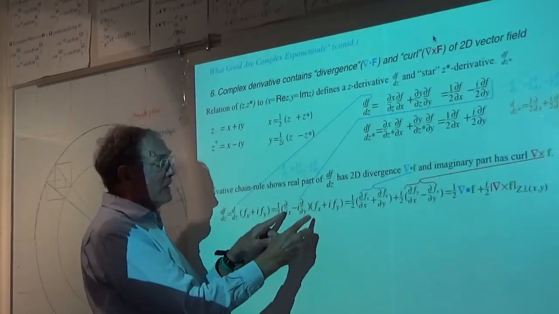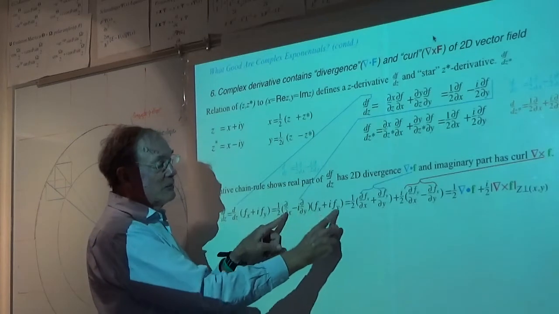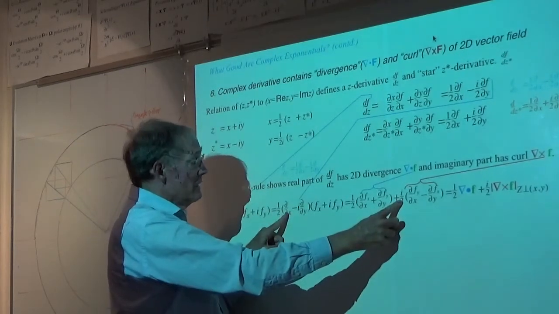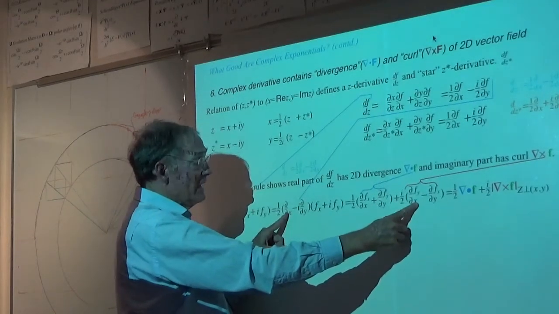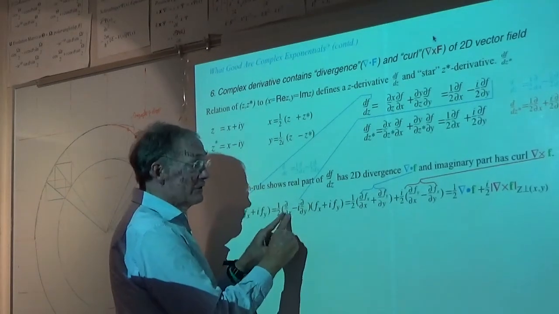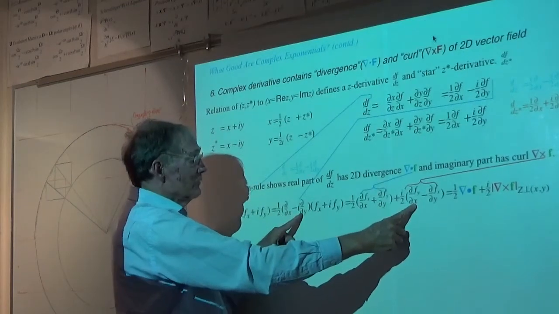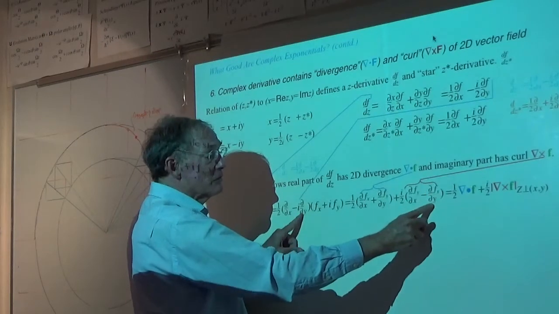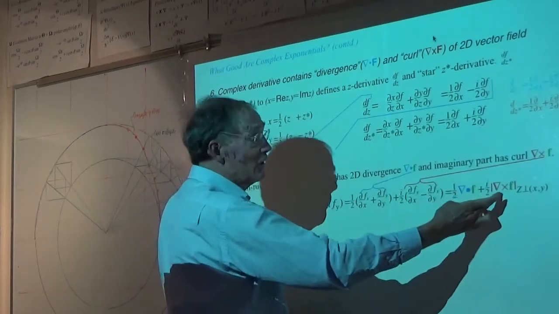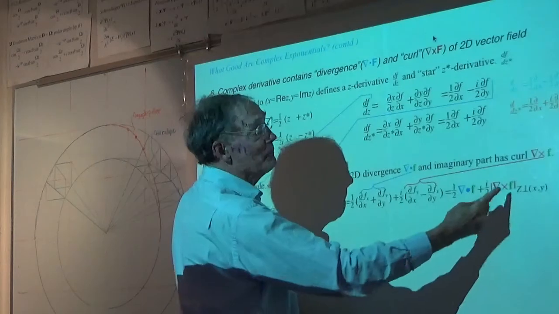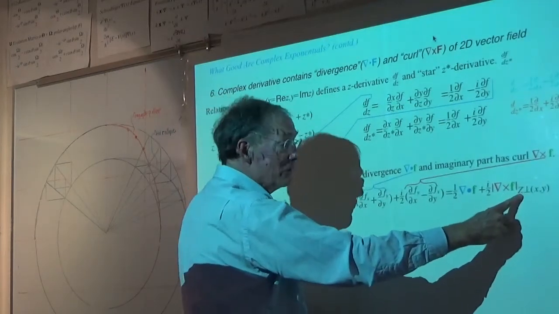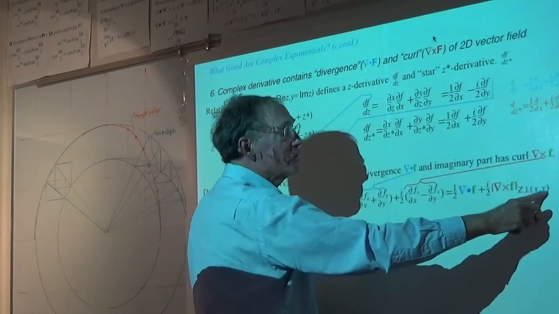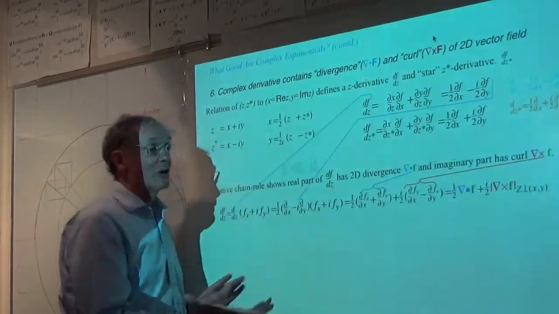Then I get the imaginary part, which would be this times this i right here, pull the i out, I've got the 1/2 still, okay? Partial fy with respect to x gives me that term, and then this one right here goes with that, now has a minus partial fx with respect to y. That's the curl, but only the uppercase z component of it, that component that is perpendicular, normal to the variables that we're working with, which are x and y.